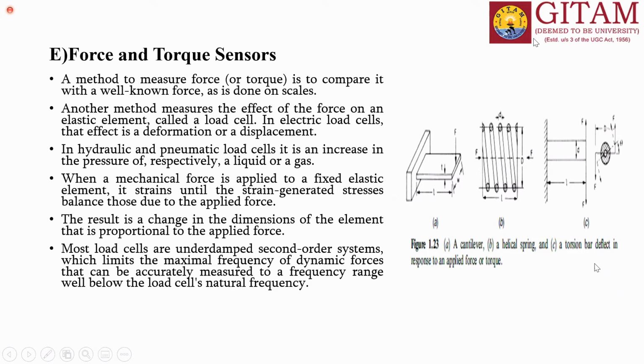And next one, torsion bar. Torsion bar is nothing but a steel rod or some metallic rod, and we have to apply two forces which are acting in opposite directions. Here you can see one force is acting in the downwards direction, the other force is acting in the upward direction. So it is nothing but a twisting force. We used to call twisting force as torque.